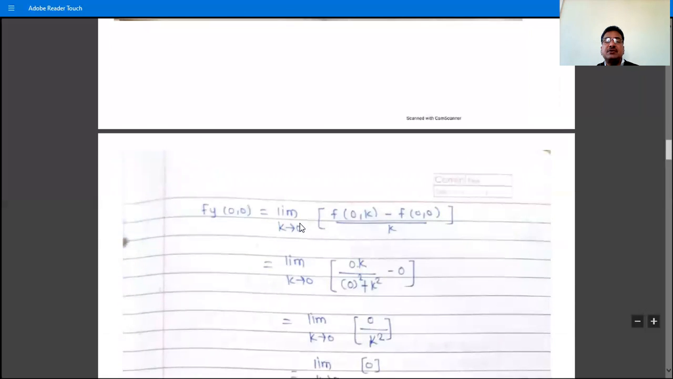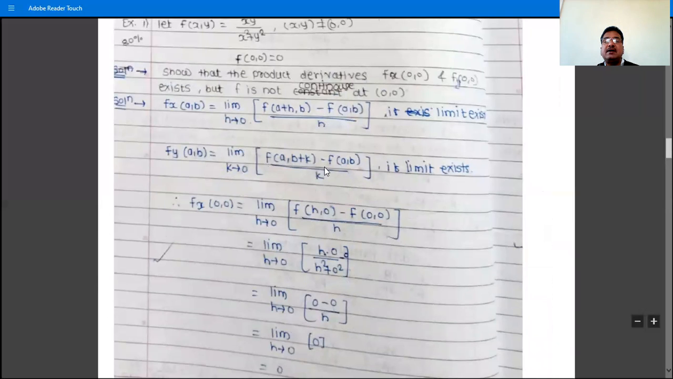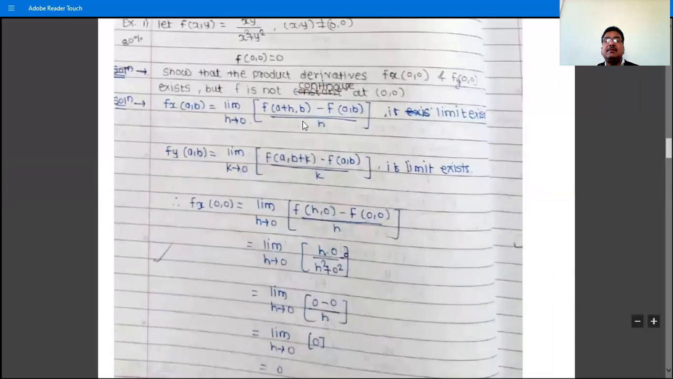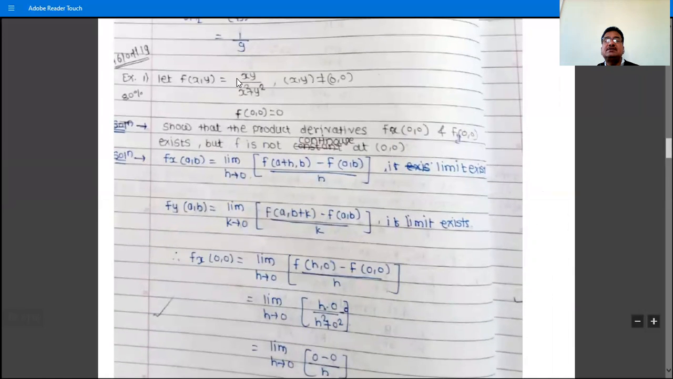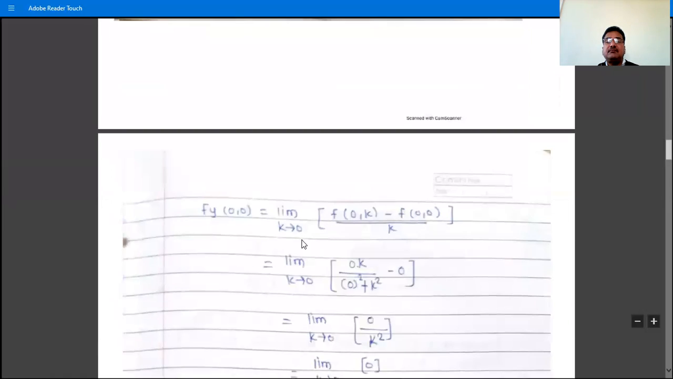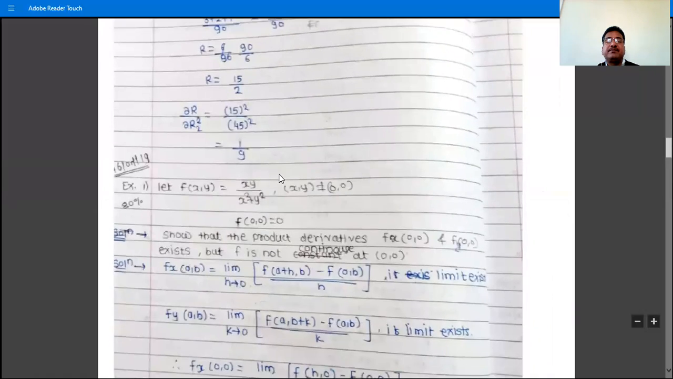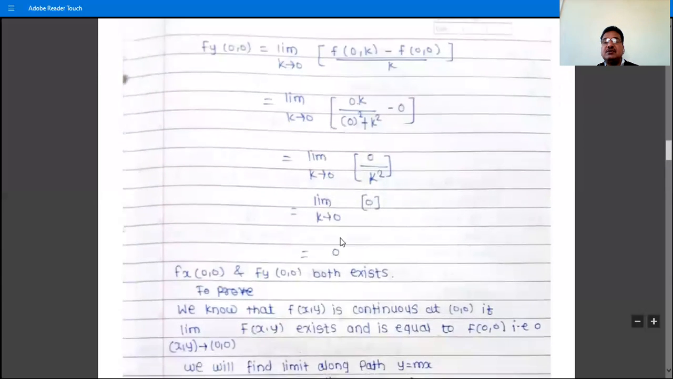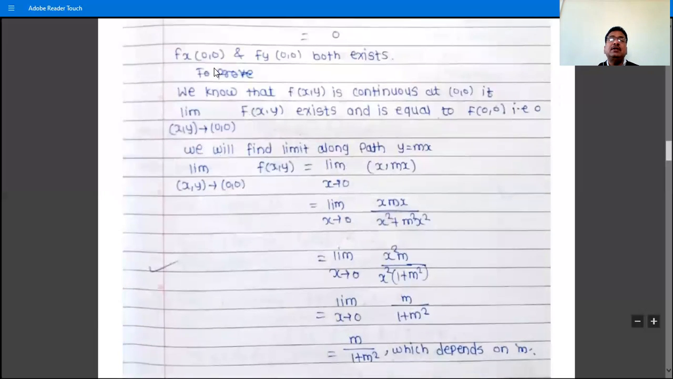And then fy of 0, 0. Take this definition and substitute a and b as 0. We have this. Then f of 0, k is 0 into k divided by 0 plus k square. By using this definition, substitute x as 0 and y as k. We have this right here, divided by k, and then we have the answer here. This is 0, and this is 0 by k, not k square. 0 by k is 0 and the limit of 0 is 0. So both fx of 0, 0 and fy of 0, 0 exist, but we have to show this